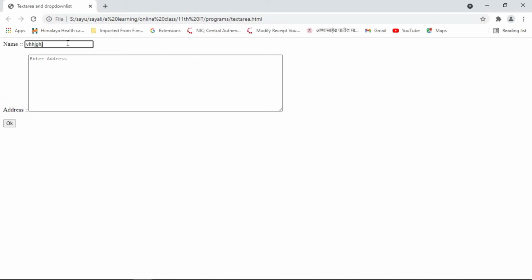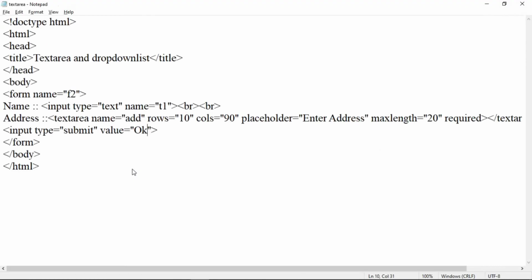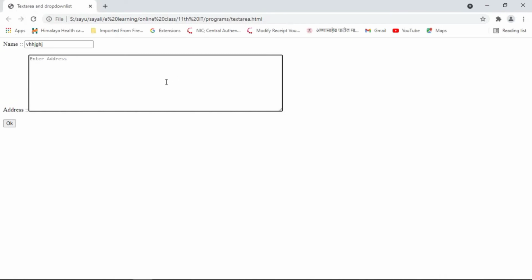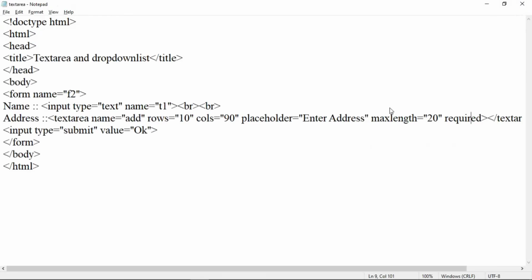If we do not enter any value within this control, the data will not be submitted. See here. Please fill out this field. Why? Because this is a compulsory field. And how to achieve this? We have to use a required attribute within that control. So within a text area, we have used the required attribute. So whenever we type an address here and click on the OK button, then our data will get transmitted. In this way, we can use a text area control.